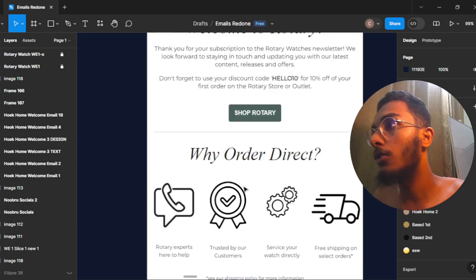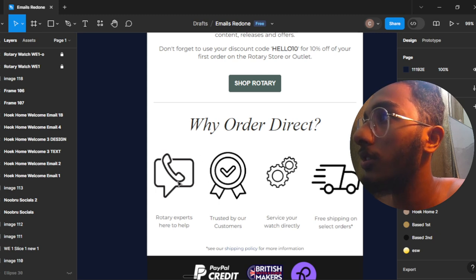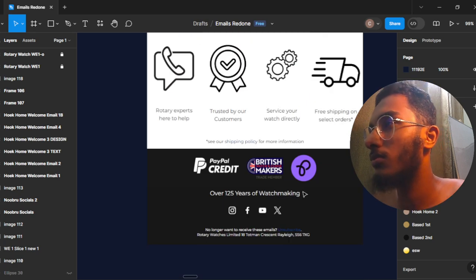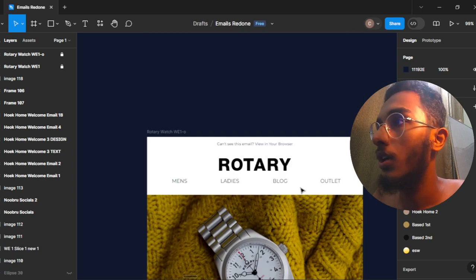So overall, this email and also the icons are weirdly spaced. The spacing is alright, but the sizes are weird. So overall, 2 out of 10. And after that, we have